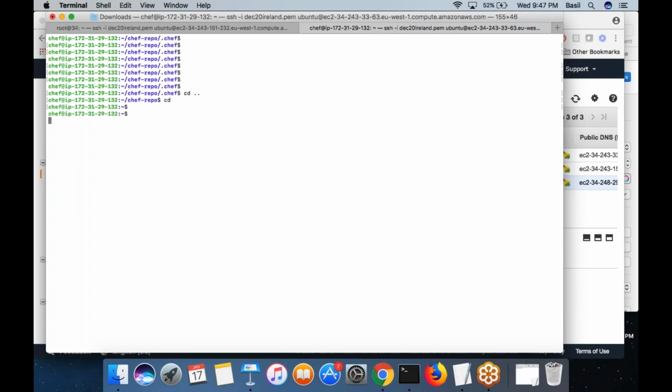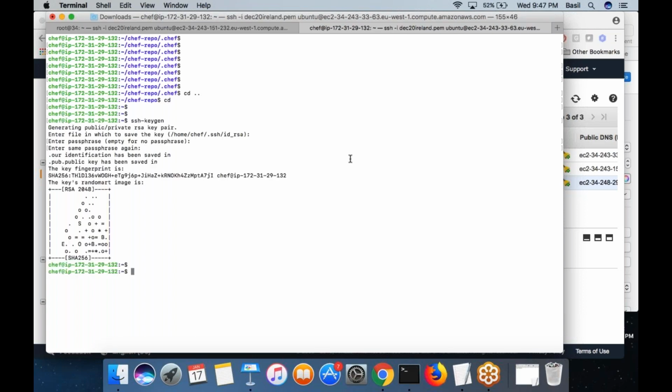So this is my workstation. Run the command ssh-keygen, which would actually create a private key as well as one public key. I think it did not get created.